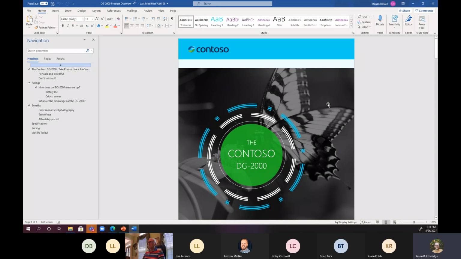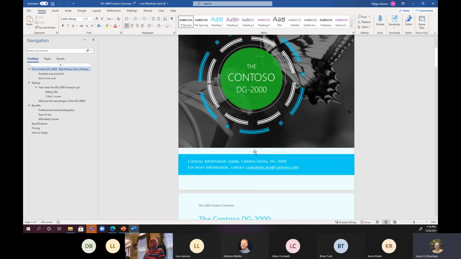meaning no longer do I have to download something from the web, open it in my desktop app, save it, and then remember to either upload it back somewhere or to share it via email with 30,000 people and not remember which version is the latest version, because we've got 14 different versions attached to 14 different emails. So I can make some changes if I wanted to, and when I save that,